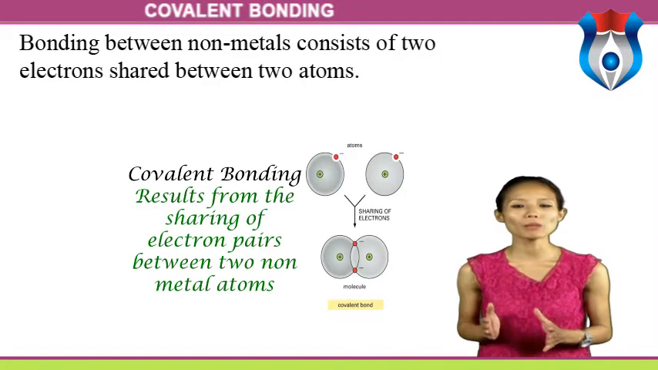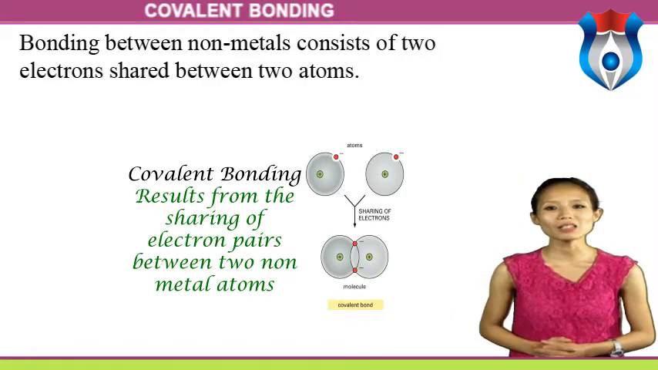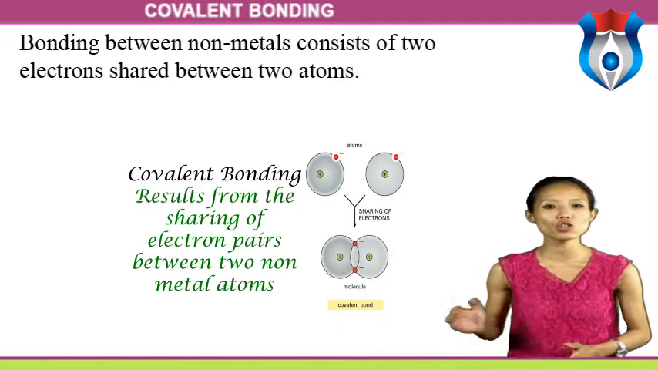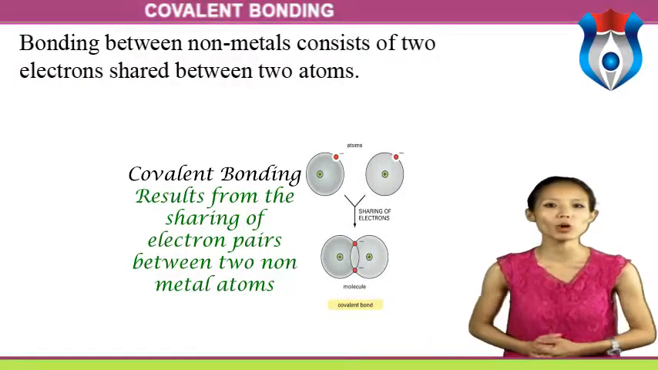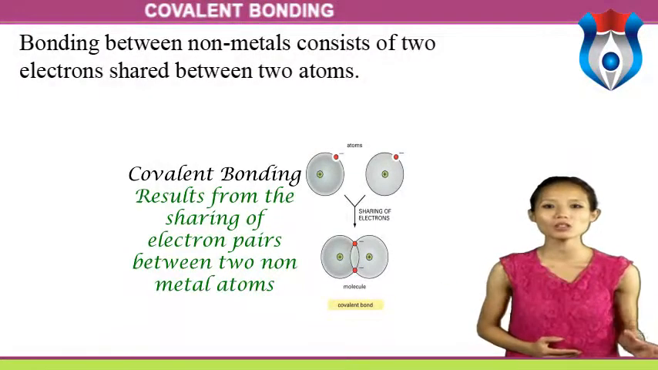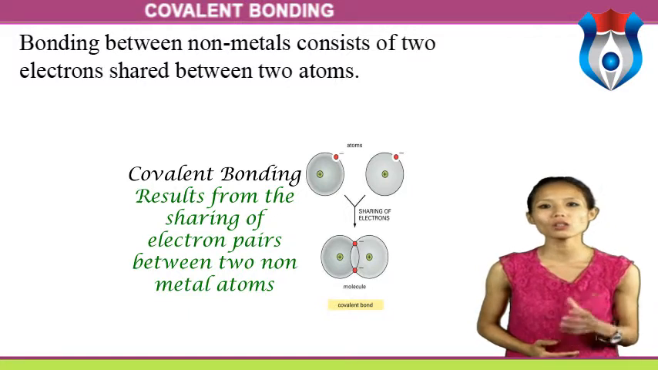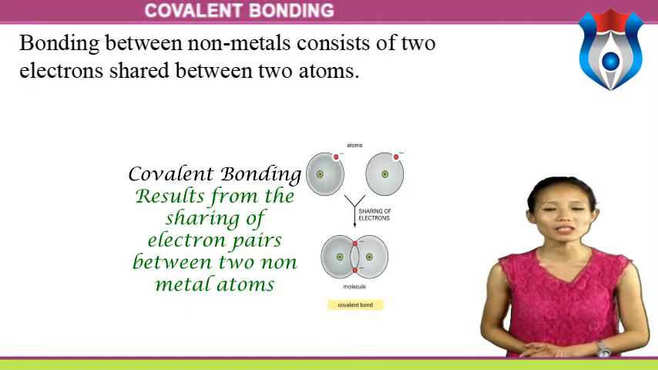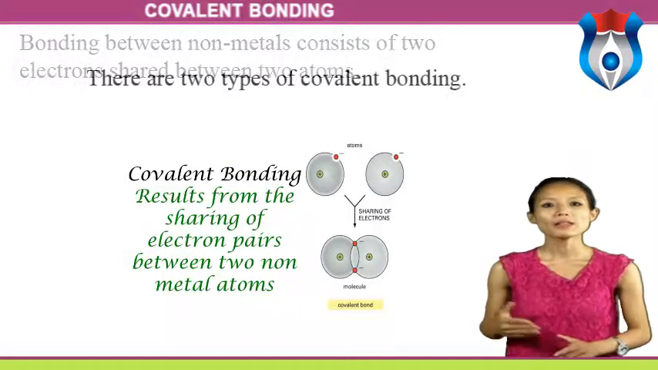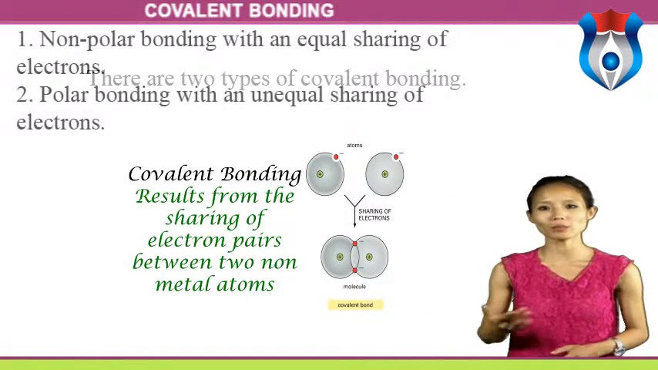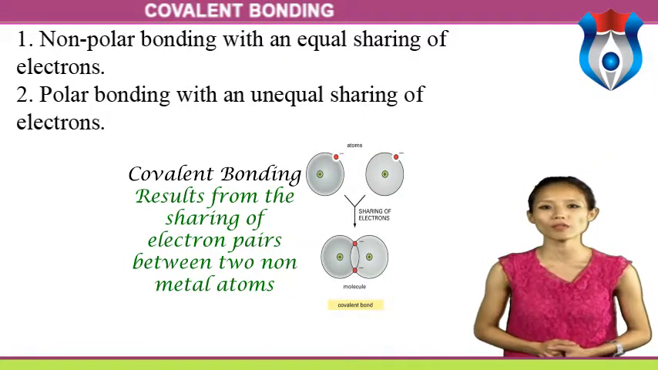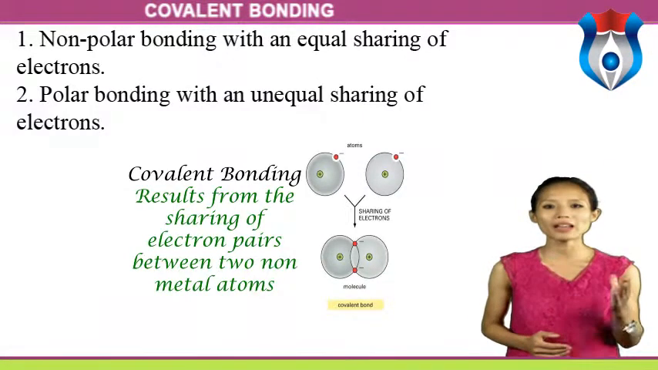Let us start with what bonding is. Bonding between nonmetals consists of two electrons shared between two atoms. In covalent bonding, the two electrons shared by the atoms are attracted to the nucleus of both atoms. Neither atom completely loses or gains electrons as in ionic bonding. There are two types of covalent bonding: nonpolar bonding with an equal sharing of electrons, and polar bonding with an unequal